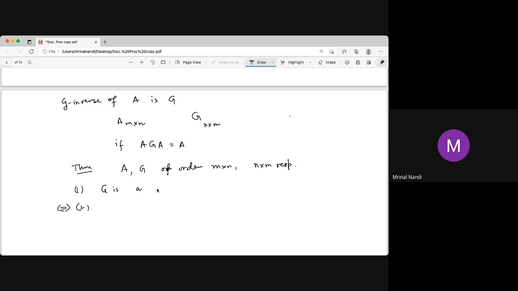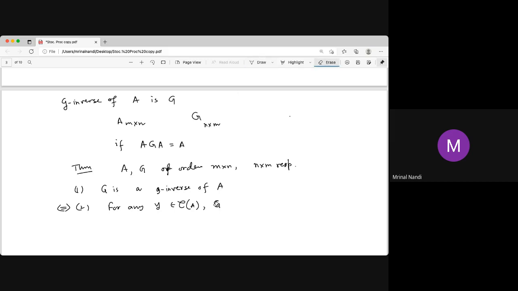So G is a G inverse of A, and, for any Y in the column space of A, you can take Y to be B. So for any Y in the column space of A, AX equal to Y. You need Y in the column space, otherwise there is no solution. Then for any Y, GY